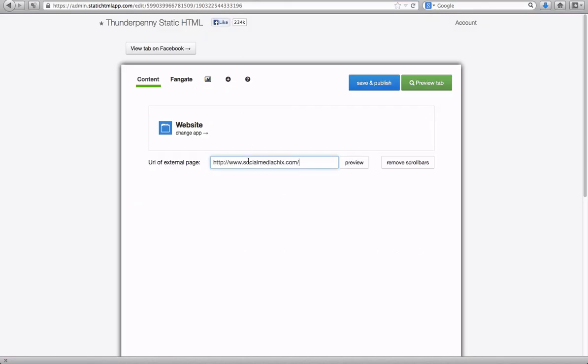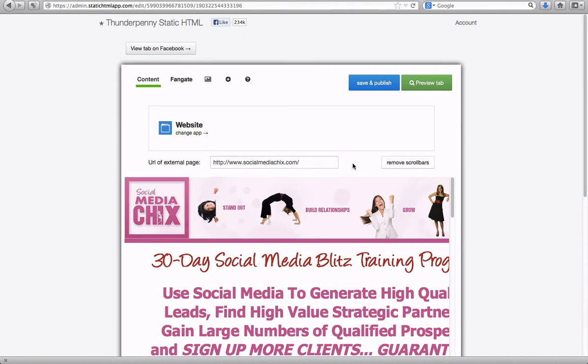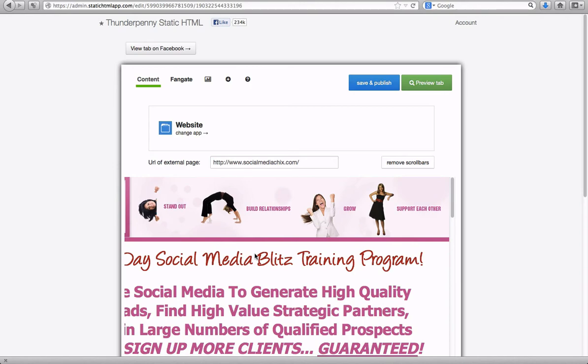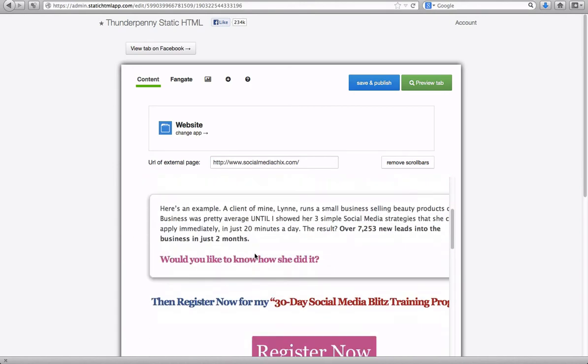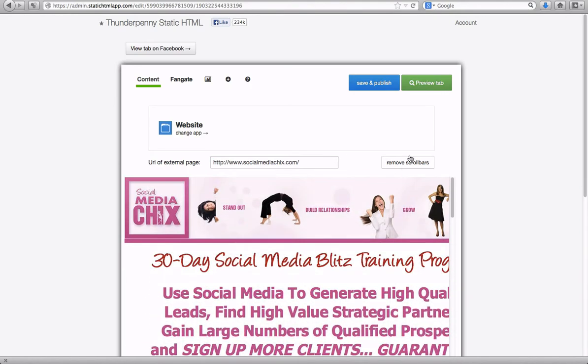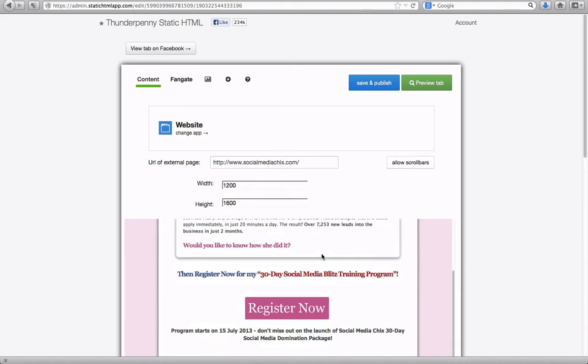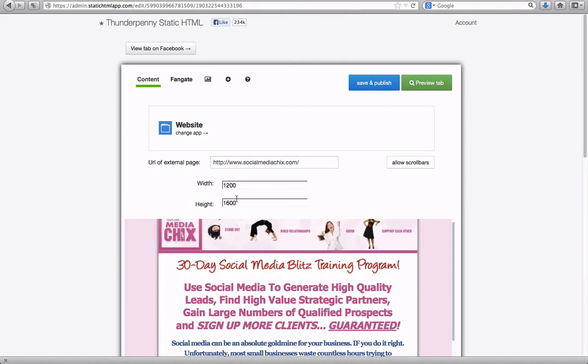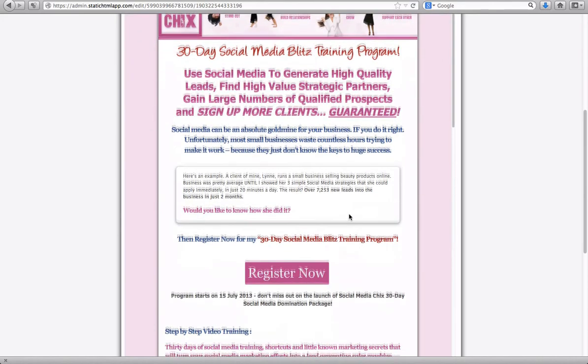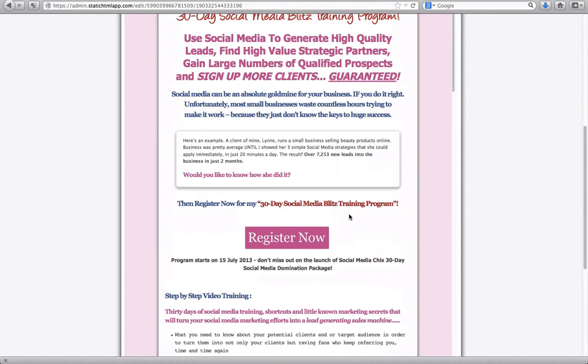And paste. We can preview that. Now what you'll notice is it's really, really wide. It's too wide for the page. Now if you click this remove scroll bars here, it will resize it to the size of the page. You can play around with the height and the width, but that pretty much sets up your registration, your website